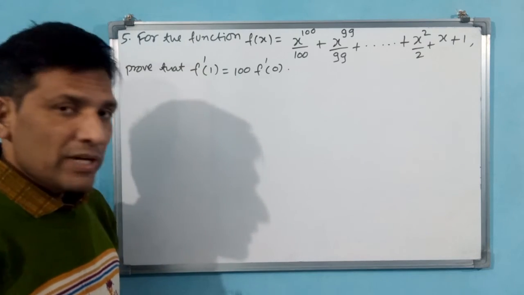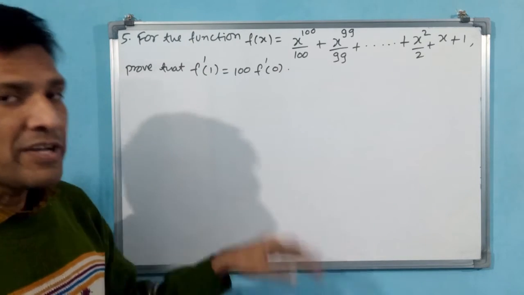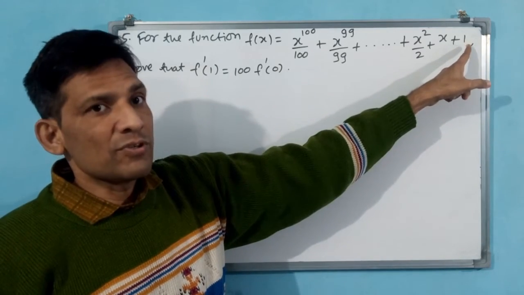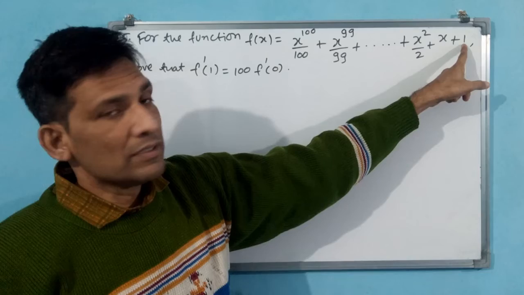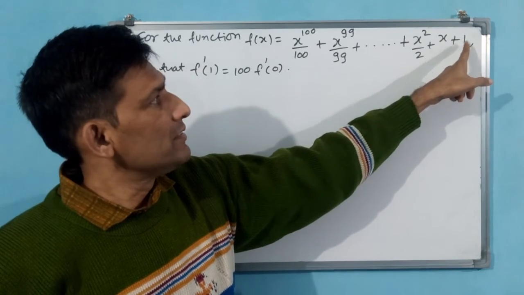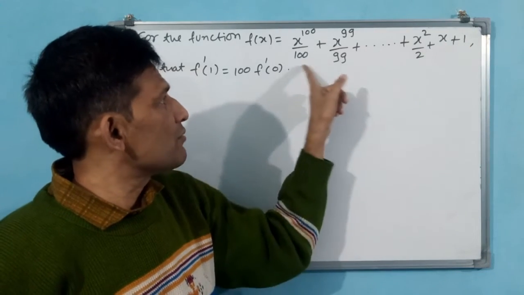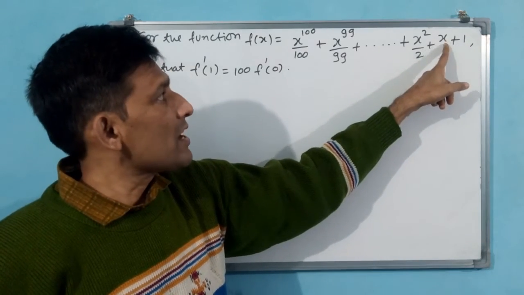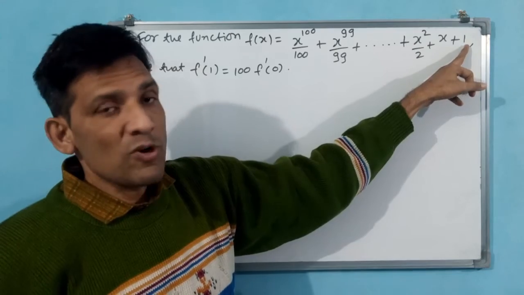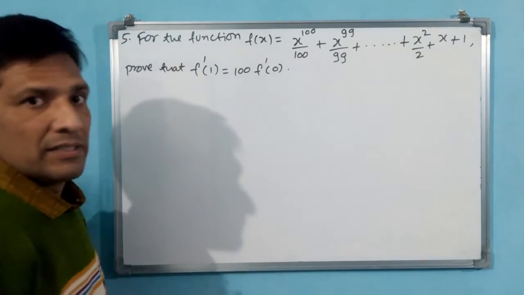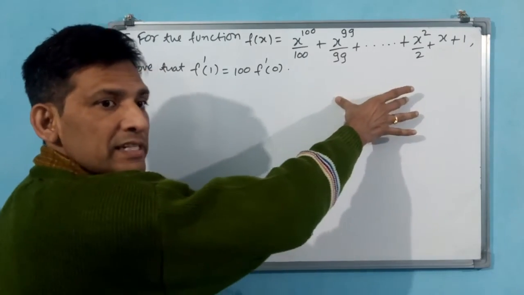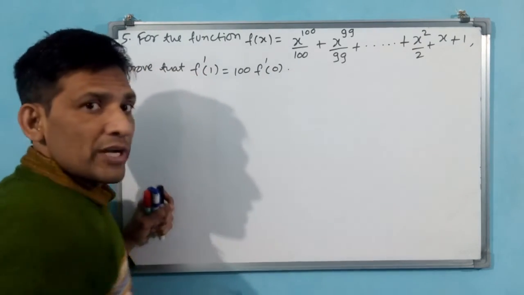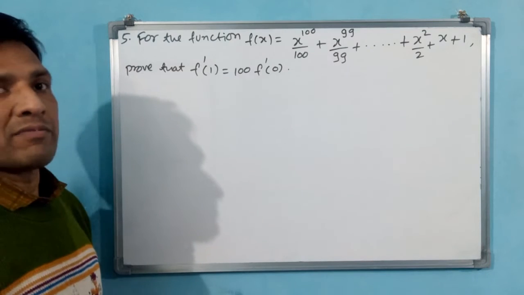See, 100 plus 1 terms are there, but if you do derivation, differentiation or derivative, the constant term is going to become 0. That you keep in your mind. This constant term. See here 100 terms plus 1, 101 terms are there. Sorry. Why? Because from here onwards 100, 101 terms are there. But after doing this derivation, the constant term is going to become 0. Then finally 100 terms are going to get. That number is very important. Why I am stressing this?